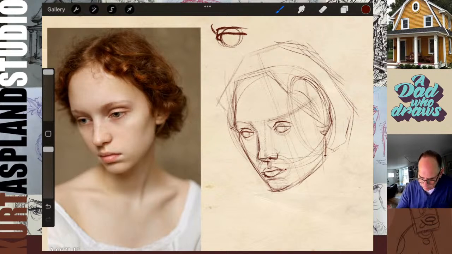That upper lip is a little bit in tone, not a lot. And definitely there's that great shadow underneath the lower lips.